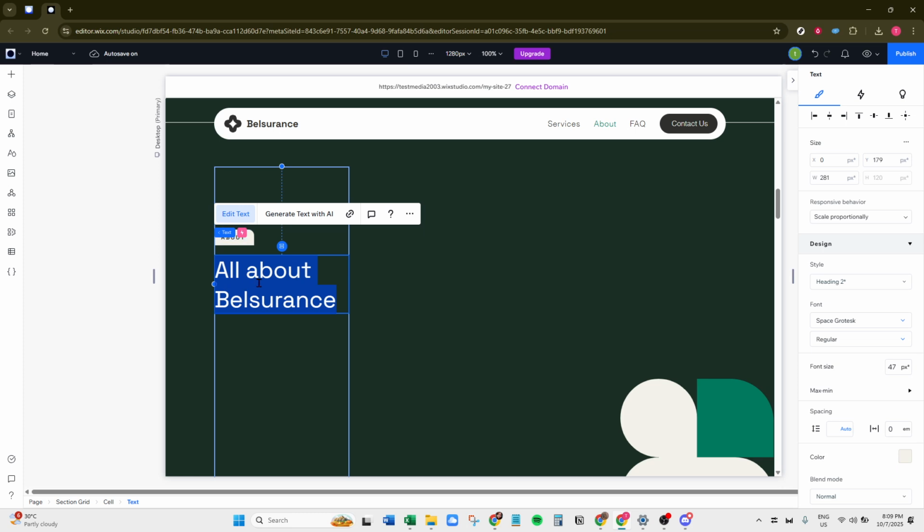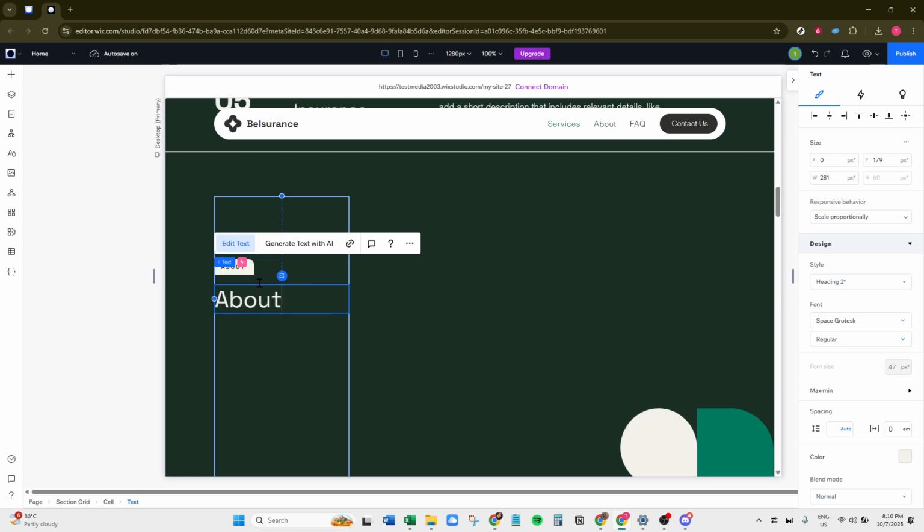A text editing menu should now appear, giving you a range of options to custom tailor the text to suit your needs. Here, you can change the font, size, color, and even add special effects if you like. Now, it's time to make your changes. Whether you're correcting a typo, rewriting a sentence, or changing the style of your text, this is your moment to get creative. As you type, you'll see the changes reflected instantly on your site, allowing you to visualize exactly how your words will look once published.